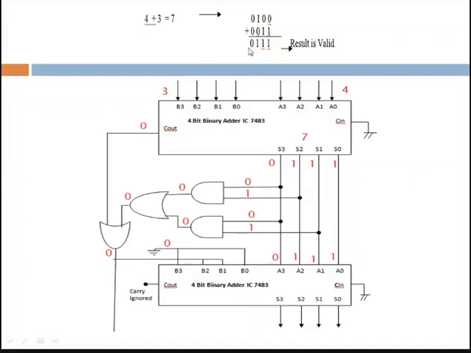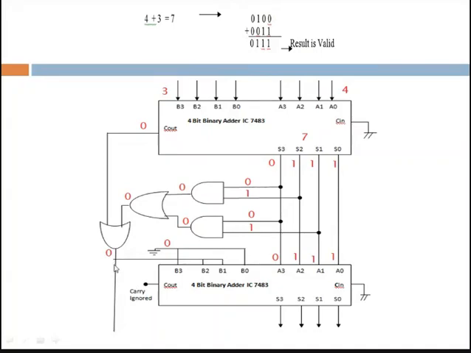Now here there is no carry generated. So the C output bit is considered as 0. Now from this combinational circuit you need to apply this bit. So S3 is 0, S2 is 1. So 0 into 1, answer is 0. Again S3 is 0 and S1 is 1. So here 0 into 1 is 0. So 0 plus 0 we are getting 0. Now this answer 0 and the second input for this OR gate is C out, again 0. So the final output of C is 0.